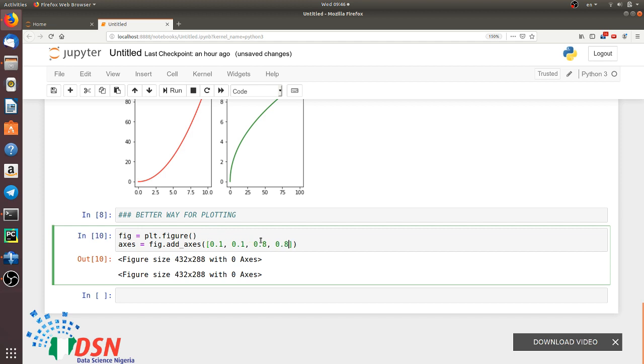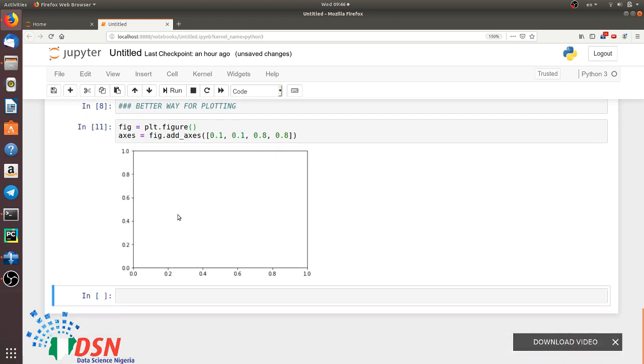Don't worry about this, you will get it now. What is that? So if I run that, you will see now I have a figure. In this figure I have two axes,